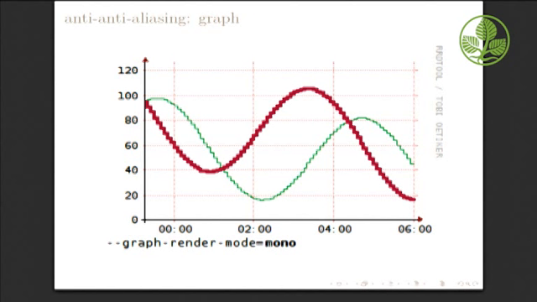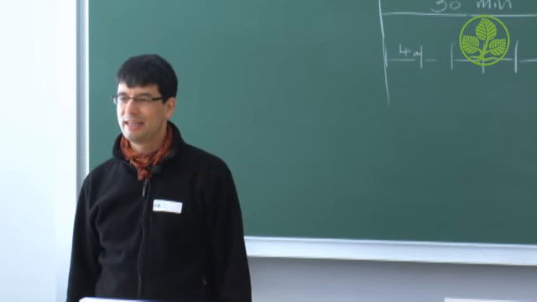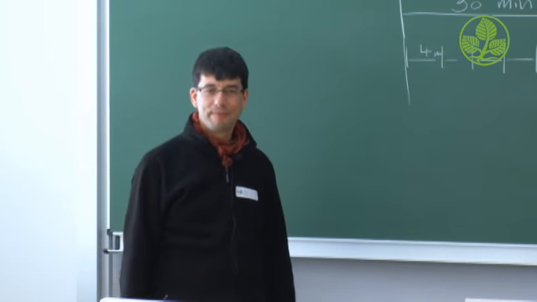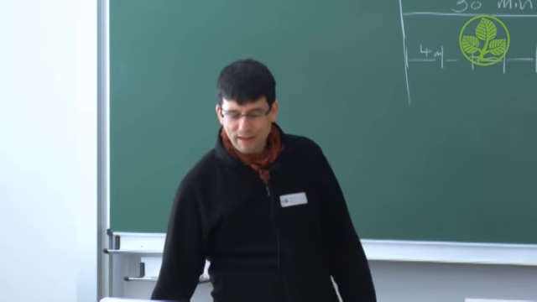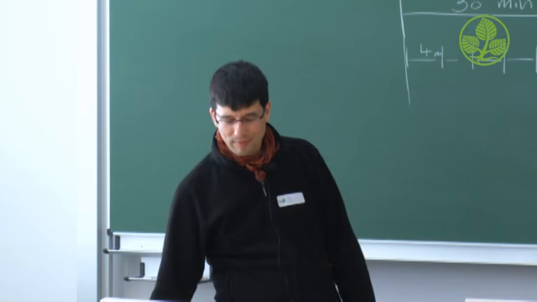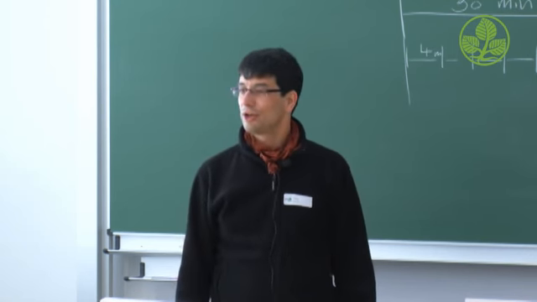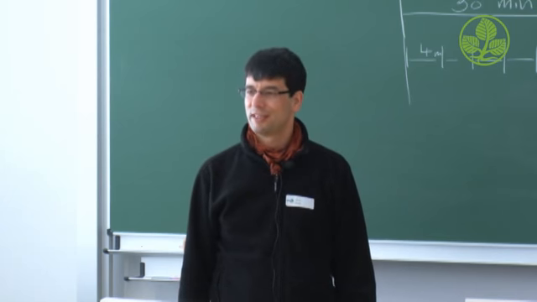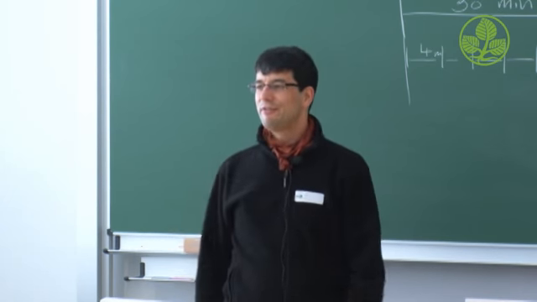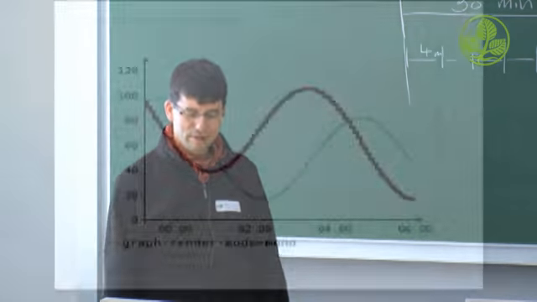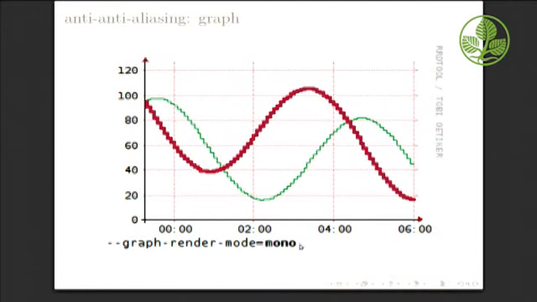RRDtool 1.0 used a different graphing library, which wasn't capable of doing anti-aliasing. It used the GD library, and therefore graphs created with RRDtool 1.0 had a different look than the current graphs. And if you were really fond of that look, with RRDtool 1.4, there's this option, Graph Render Mode Mono,